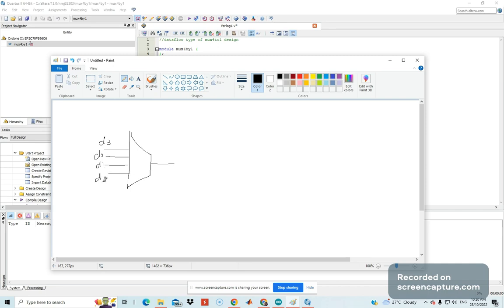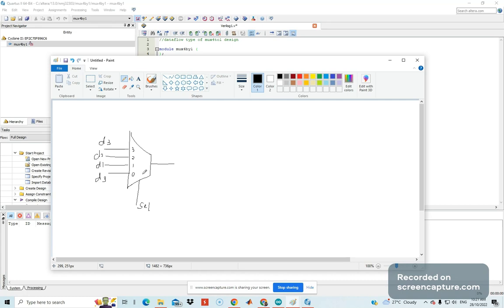So these are the input. Let's say the input is 1 bit each, and we remember we have to have another input, which is the selector, to select all the 4 inputs. So input number 3, 2, 1, and 0, or the equivalent decimal, is actually this one, sorry, this is 1 1, 1 0, 0 1, and 0 0. That's actually the equivalent 2-bit